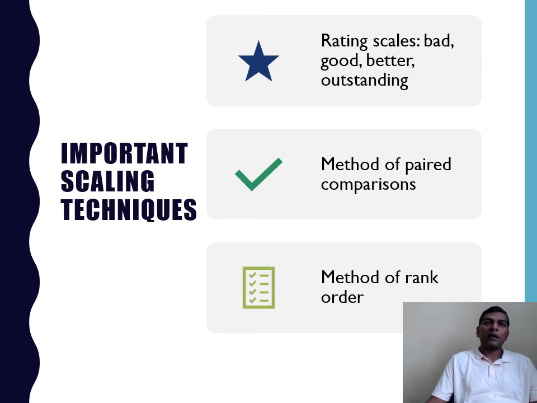Some formats are the rating scale. If we are asking a student which subject do you like, then he will say the name of a subject. Instead of that, we can ask him, how do you rate or how do you like a subject such as mathematics? So he can rate it in different formats like bad, good, better, very nice, or that he is working on that particular subject in an outstanding way. So these can be the measures which will provide you the liking of that particular subject. Then